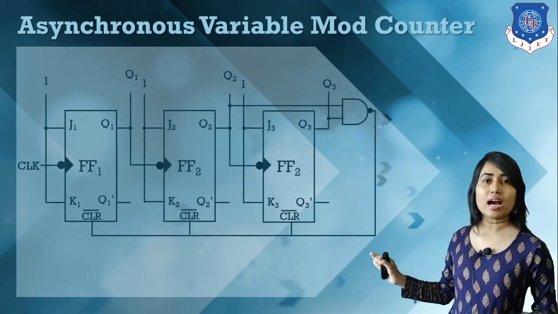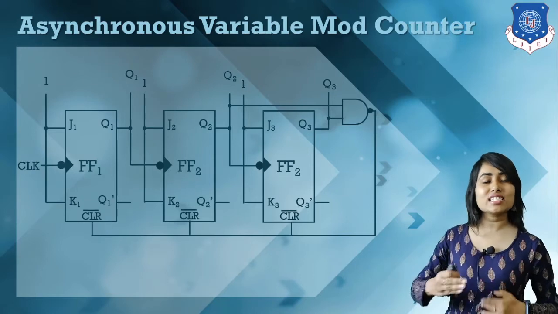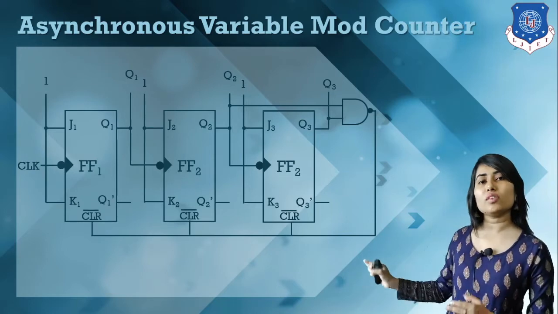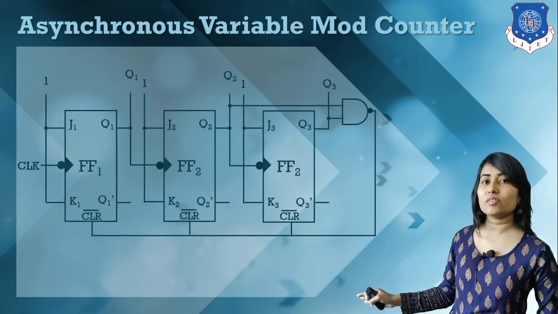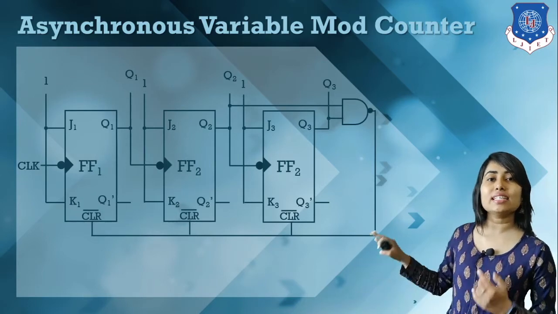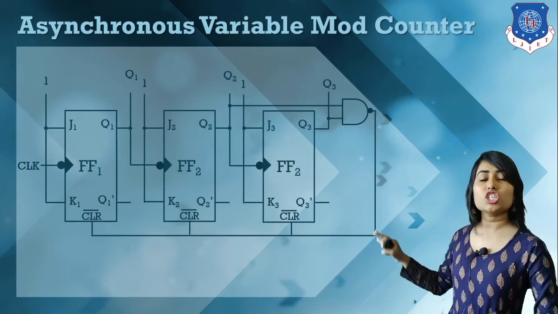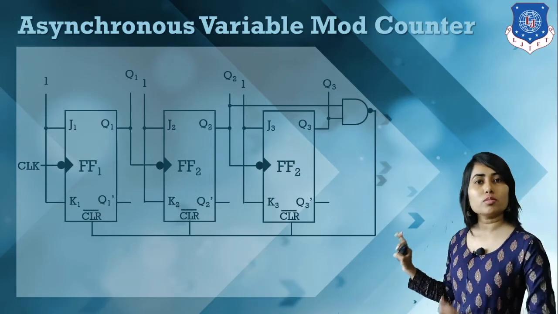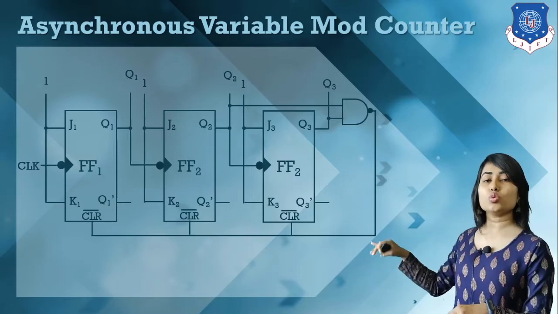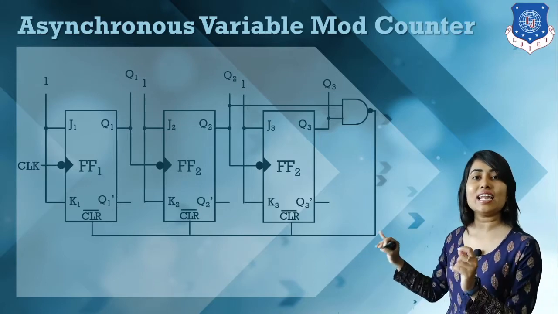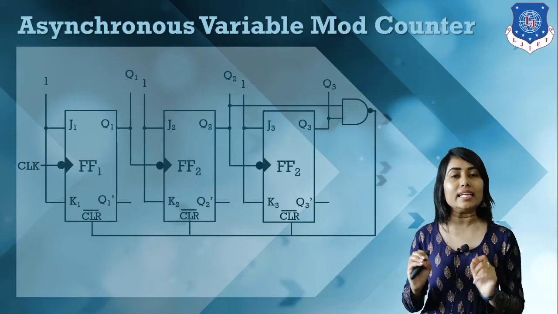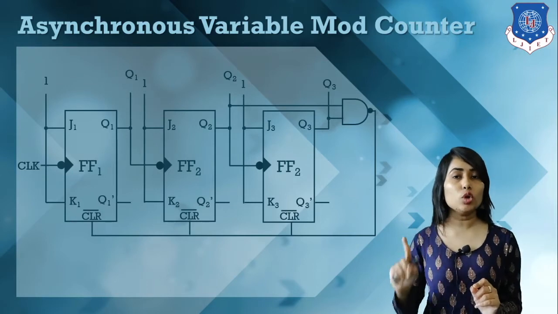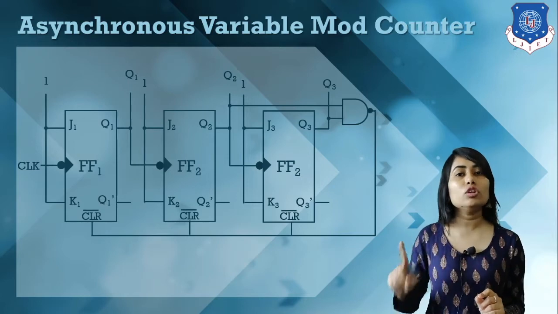To count the values in the upward direction like 0, 1, 2, 3, we use negative edge trigger flip flops. Here we have a first flip flop which has a negative edge trigger external clock signal, then the second flip flop has Q1, and the third flip flop has Q2 as negative edge trigger. Now here we have this one pin, that is CLR bar. This CLR bar indicates the flip flops can be cleared with active low input.